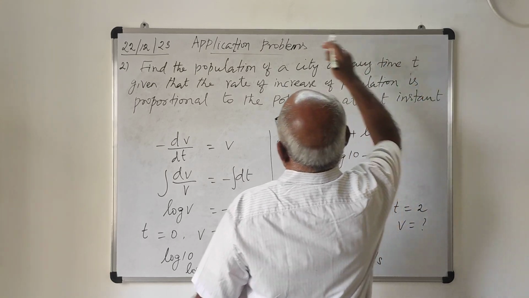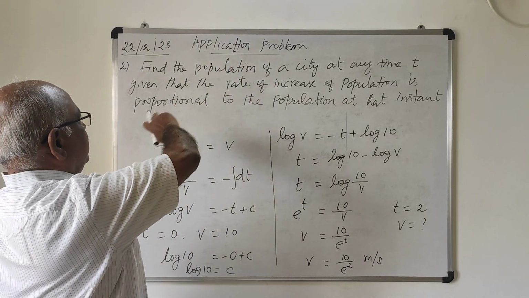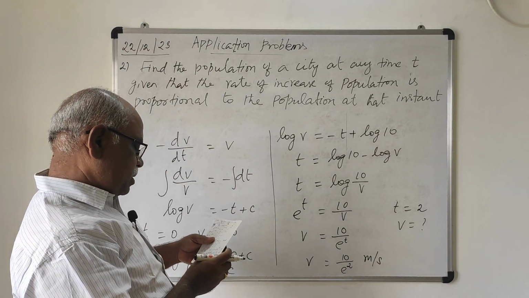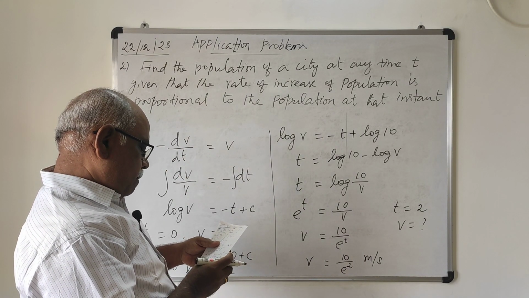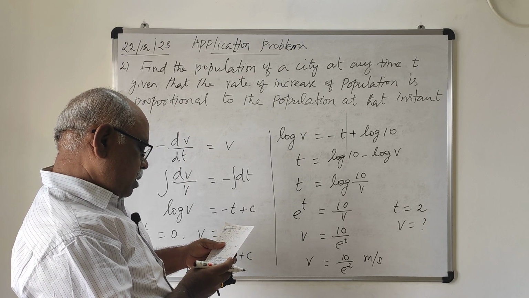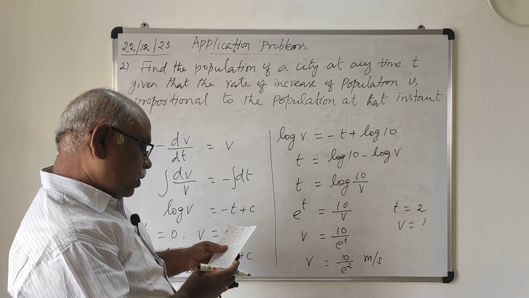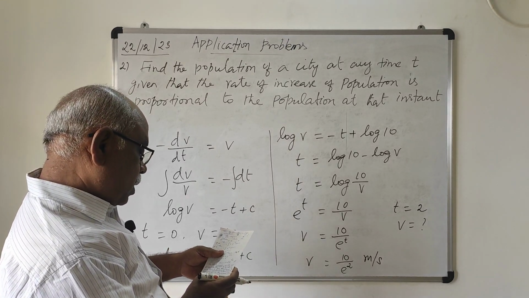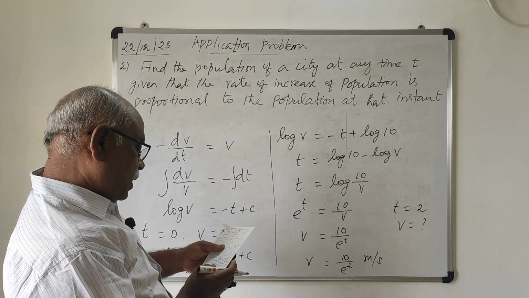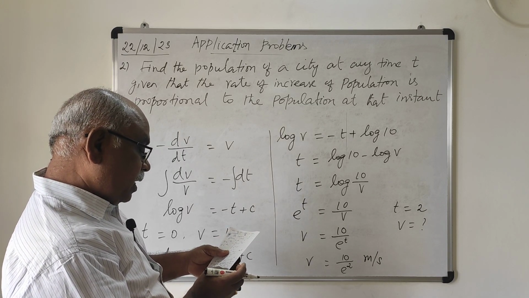Find the population of the city at any time t, given that the rate of increase of population is proportional to the population at that instant, and that in a period of 40 years